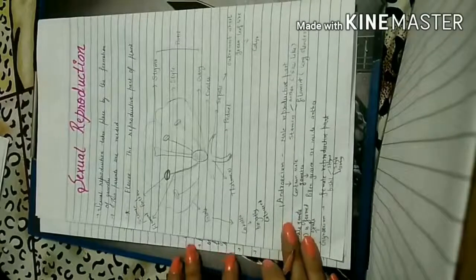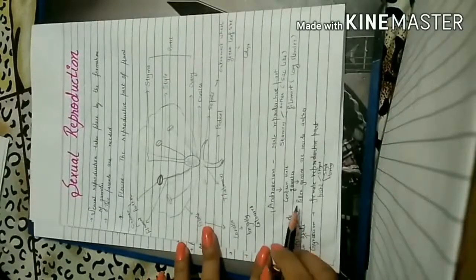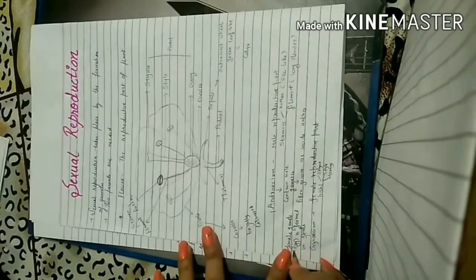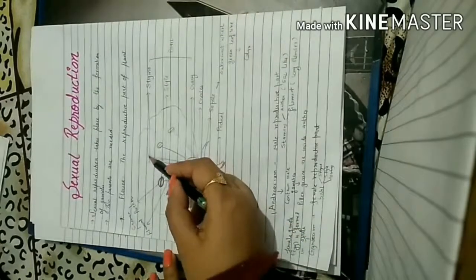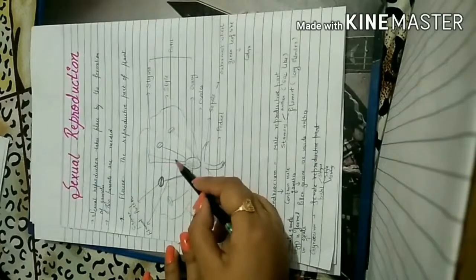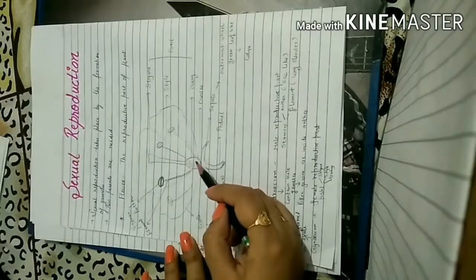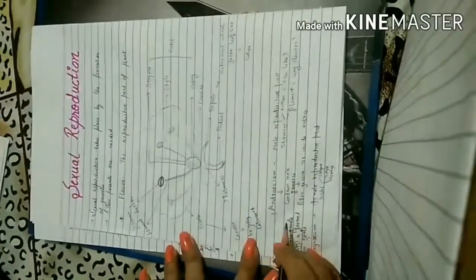Now we will study the female part, right? So the female part of the flower is gynoecium, and gynoecium is containing the female gamete, which is known as egg, right? It is formed in the ovule. So let us study before this what is ovule. We should know what is gynoecium. Gynoecium, it is consisting of stigma, that is the upper portion. Then it is a long slender-like structure. It is known as style, right? Then there is an ovary. So stigma, style and ovary, these three things, they are forming the gynoecium.